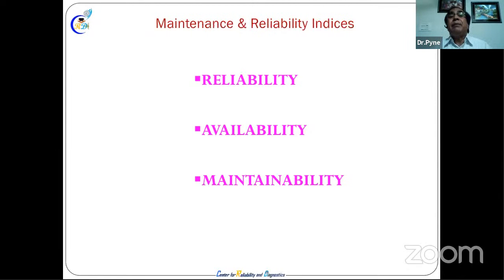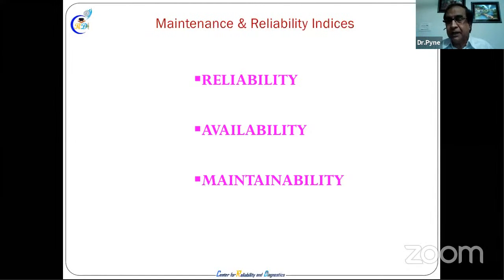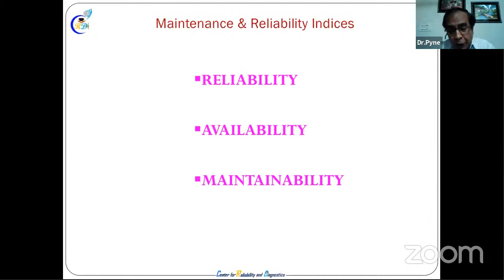Reliability means fitness for the purpose. What is the fitness for that particular purpose? Fitness for the purpose is the quality. And continuing fitness for the purpose is the reliability. So when you think about purchasing something, think about reliability, not quality. Reliability takes care of the quality. Quality with time is the reliability.